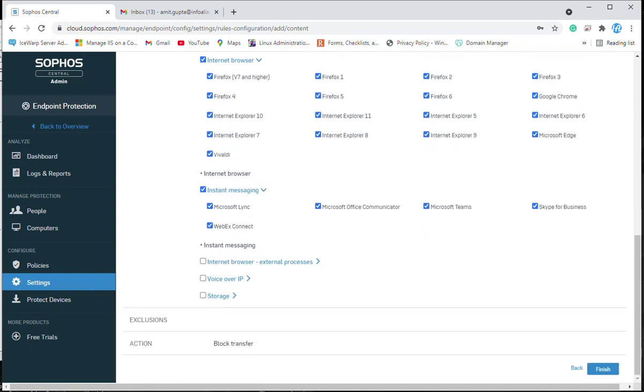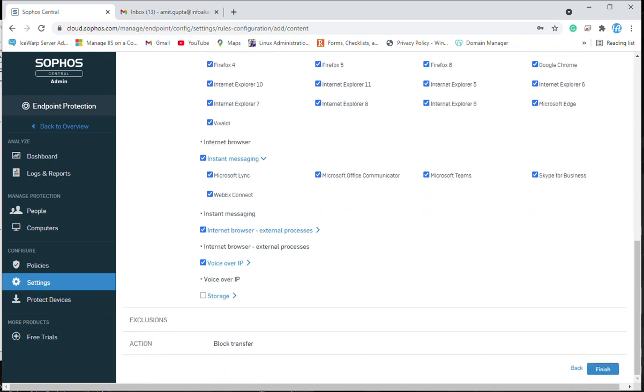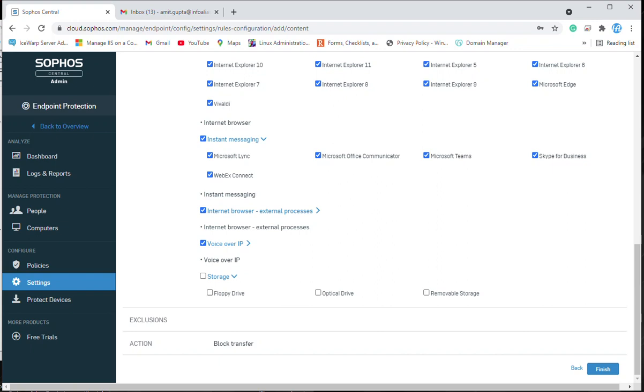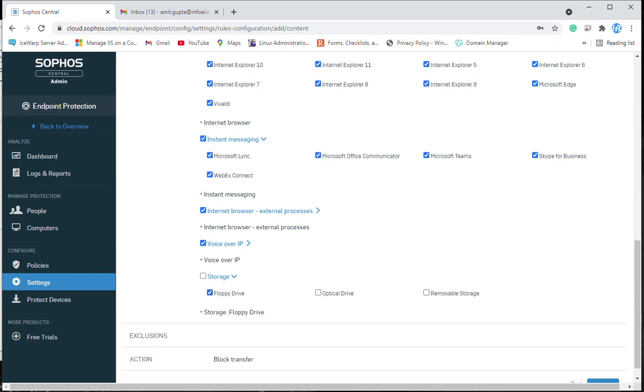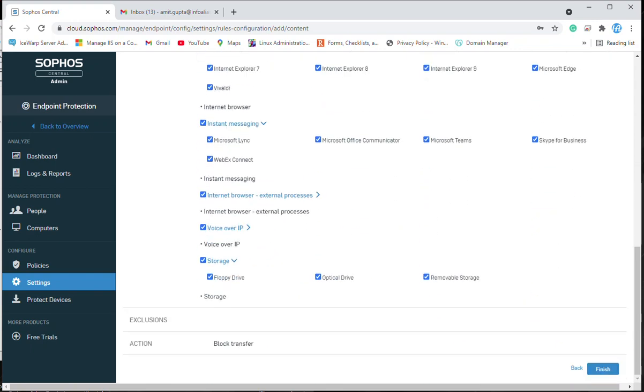So we have selected all of this. Voice over IP: if the user is using VoIP, it will also be blocked. Even if the user is trying to copy the content to any kind of storage, including floppy drive, optical drive, or removable drive, this will be blocked accordingly.